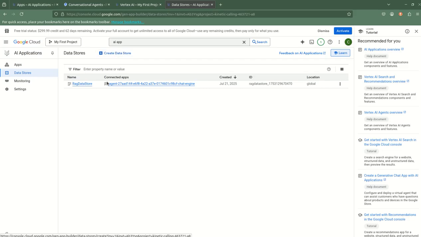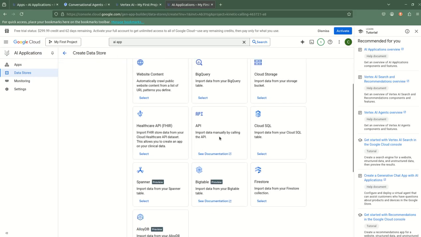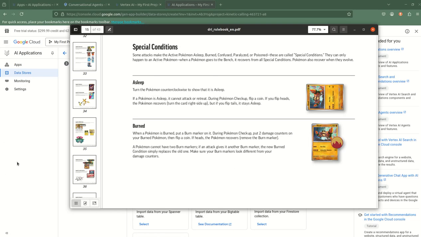with a data store. So I've already created one because it does take a little bit to process, so we can test it here, but I'll create another one anyway. Basically, a data store is just a vectorized representation of your data. So if you're using unstructured data that you already have access to, like I do here, which is just a PDF of how to play the Pokemon TCG,